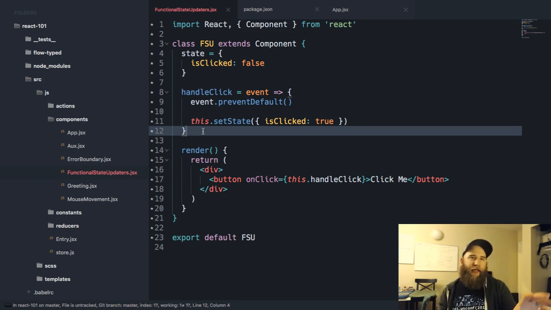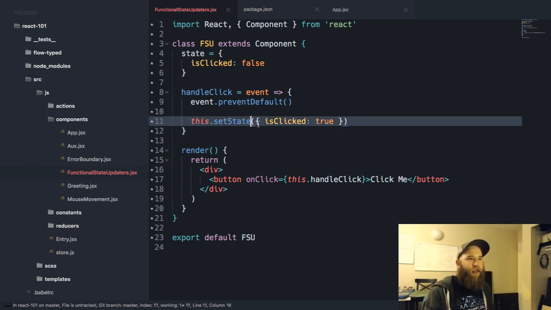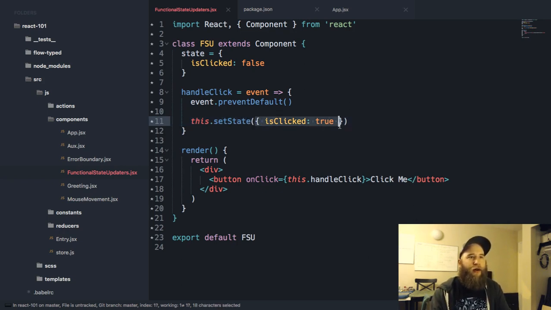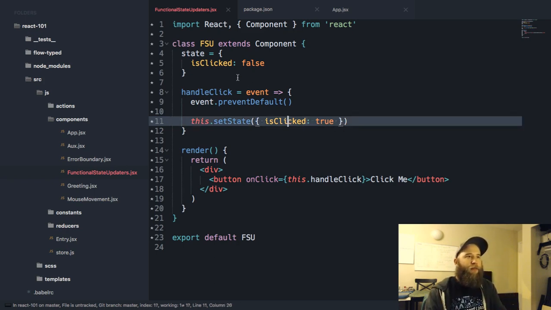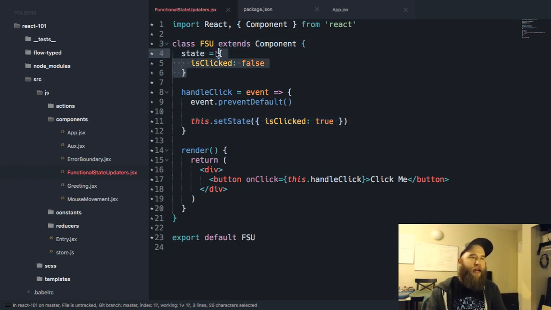Those of you who are paying attention, if you look at line 11, one way to update state in a React component is to give it an object. And the way this works is this object is merged with the current state object.